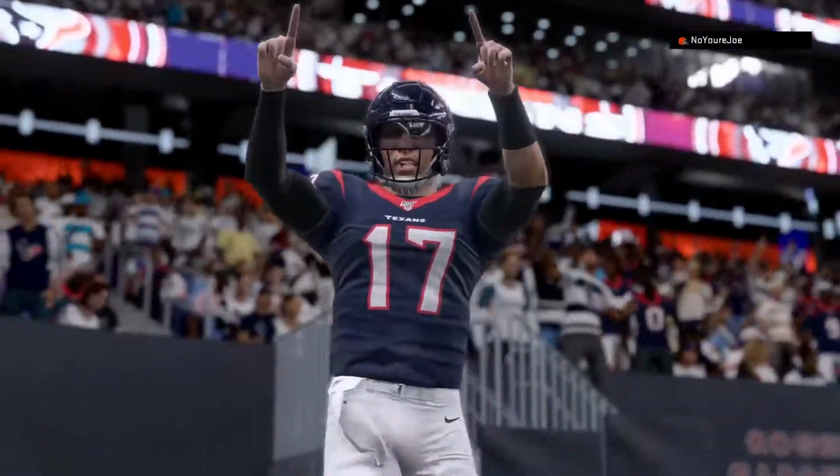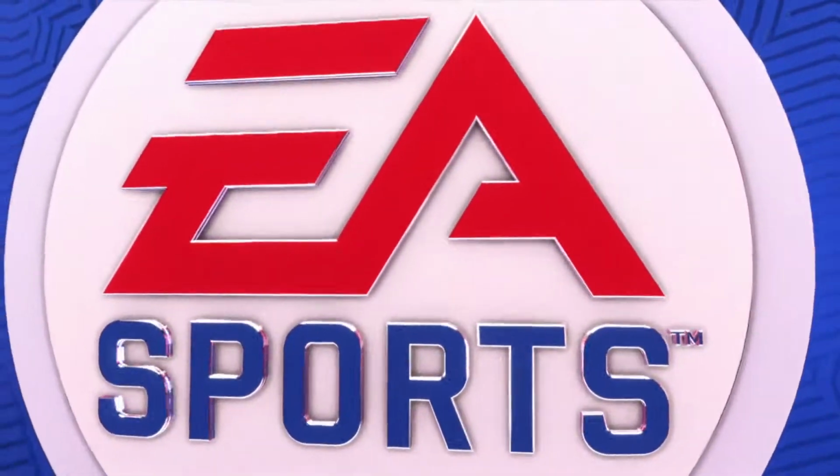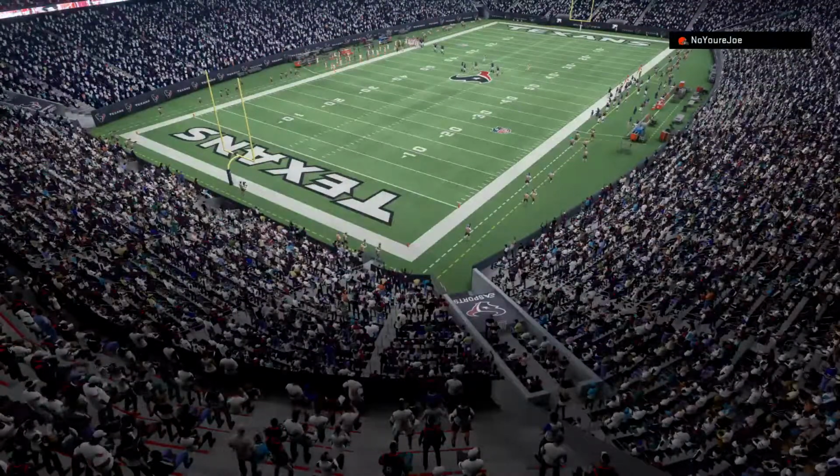So for the Texans, their good start continues as they get their record up to 4-2. And they'll be able to enjoy this one through the bye week before they get back at it again. Meanwhile, for Cleveland,